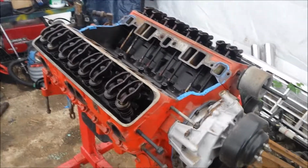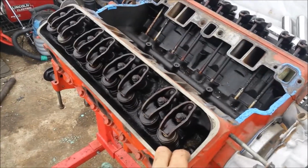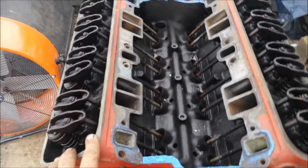Alright, so here we go. The time has come. We're going to go ahead and pop the heads off this engine. I just looked up these heads. They're pretty decent heads. They're not the good 2-inch valve heads, but they're better than the old 426, 624 heads,